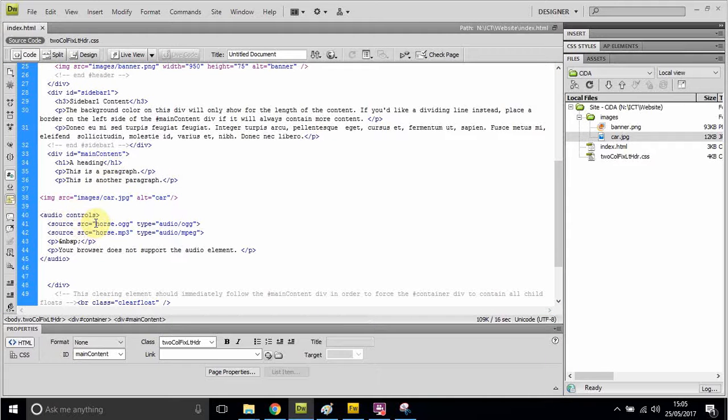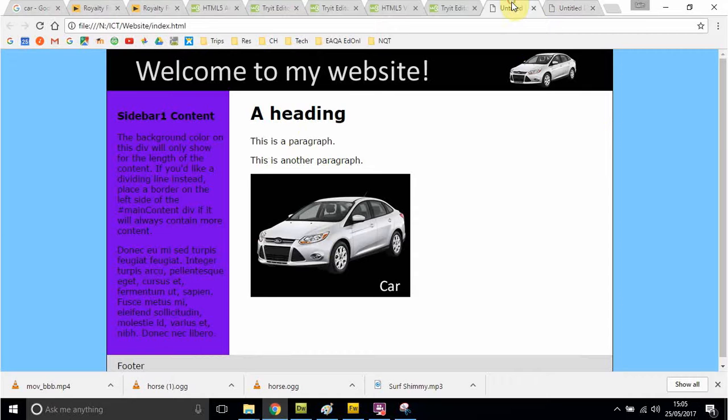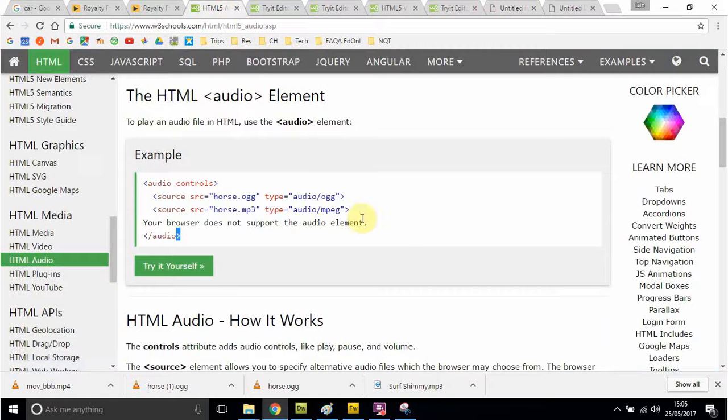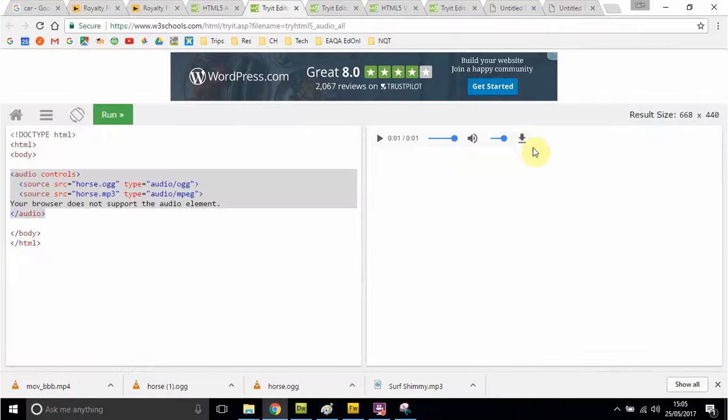What's it looking for? It's looking for a file called horse.ogg. OGG is an extension similar to MP3 that's open source. It's just an audio format. But if I want that file, well obviously horse.ogg came from the original tutorial that I was following in the try it yourself, I can actually download myself a copy. I've already downloaded one, that's why Chrome is downloading horse2.ogg, but I need to take horse.ogg from here and place